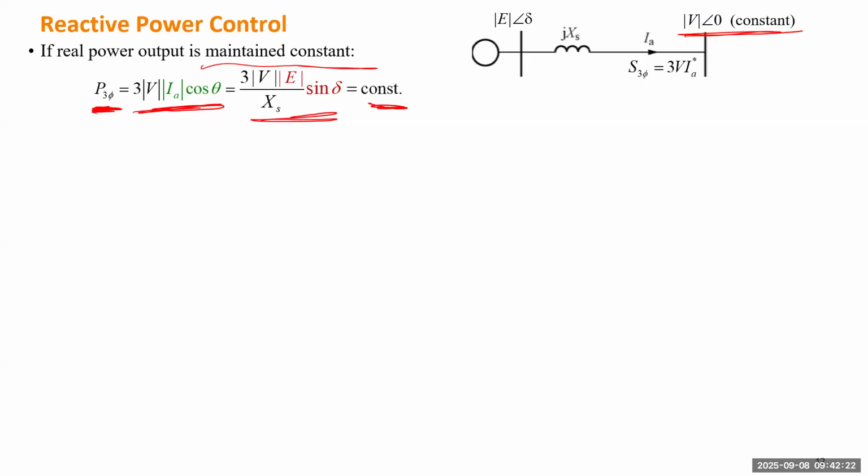Because the power is constant, E is constant, V is constant. So the only thing to change in the first formula will be the product of the RMS value of current and the power factor angle. And for the second, the reactance is also constant. So the only thing to change will be the excitation voltage multiplied by sin delta. So we know this one to be constant, and that one also constant. Then we can utilize the phasor diagram